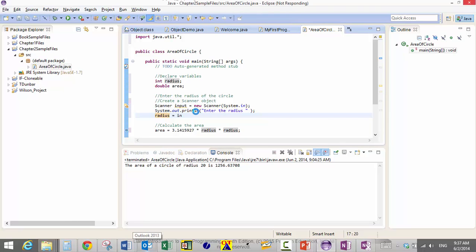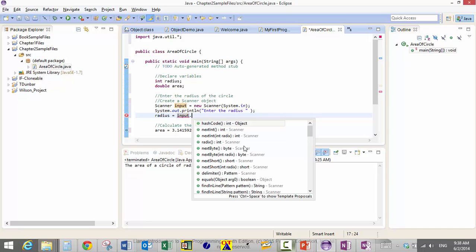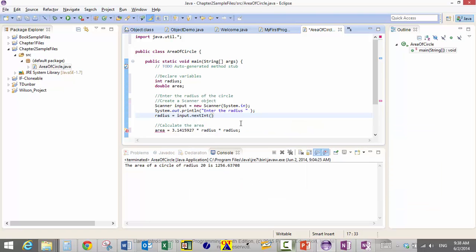Okay, so I got my waiting symbol, computer thinking. Input, then dot, and then all the methods are going to show up. You can see here that we have different methods. In this case, we want nextInt, and that is just telling the computer we need to enter an integer value. So now when you run this,